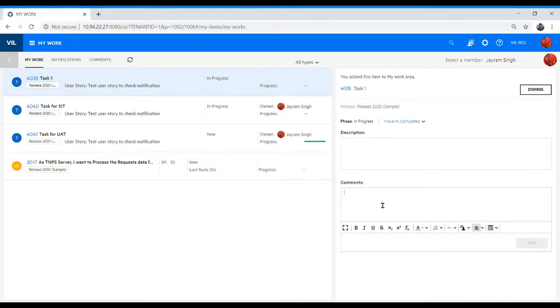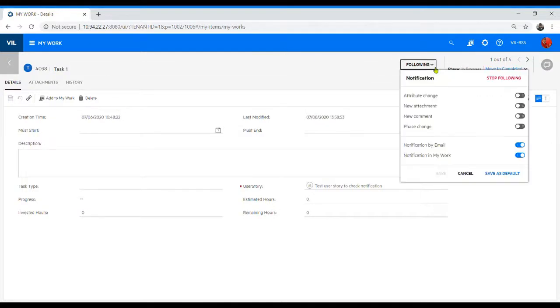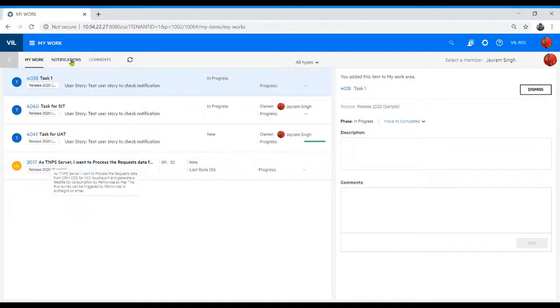And the moment you write a comment that is visible for the developer or the owner, whichever comment you want to update. Similarly, let me show you how to set this notification in a comment. Let me go there. Since we are only following over here, I need to go on a new task because it should be a new task.